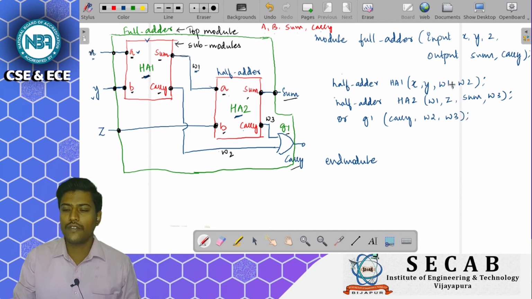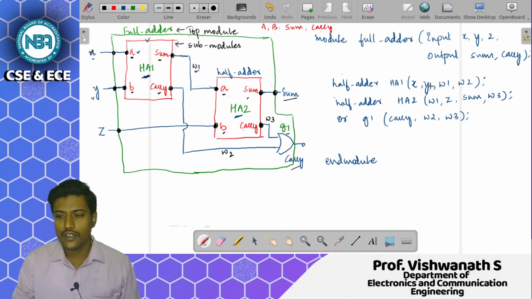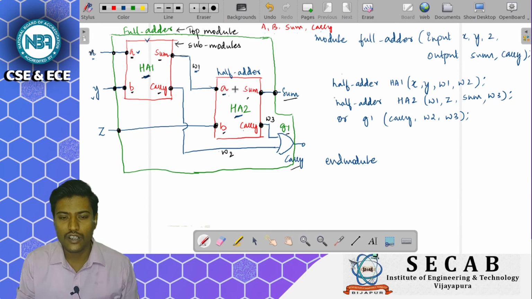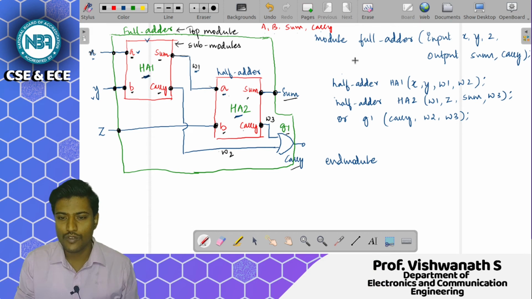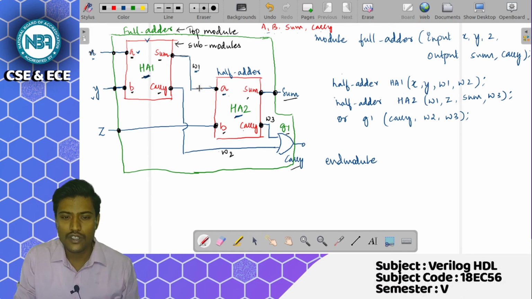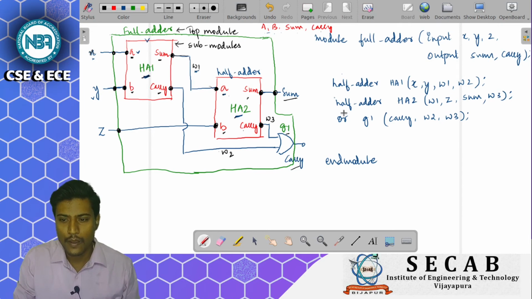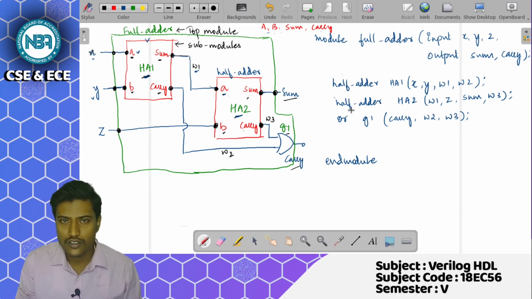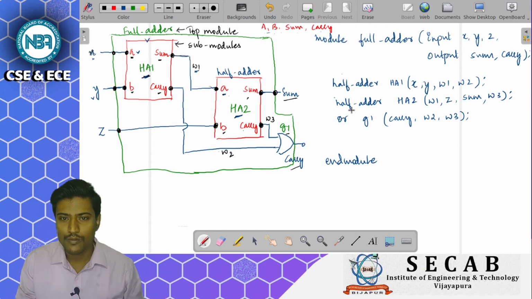If I do it in such a fashion, here I did not look at what port name is given in the half adder module. I have given the connections only in terms of order. The order was A, B, sum, carry. So for A, I have connected what needs to be connected. Now the problem here is, if I don't know the order and I make the connections, that is when it creates problems.